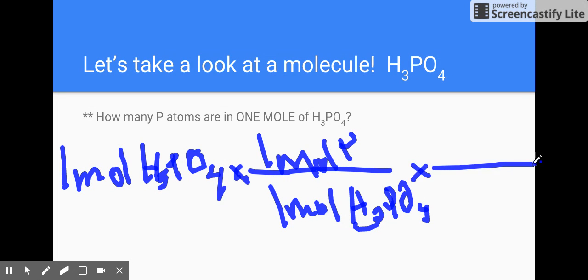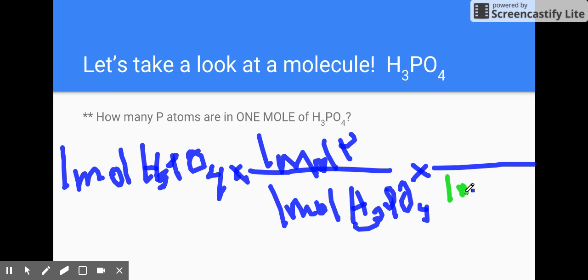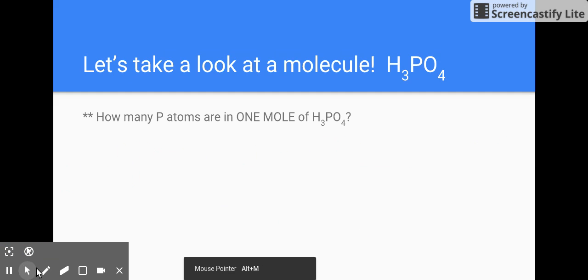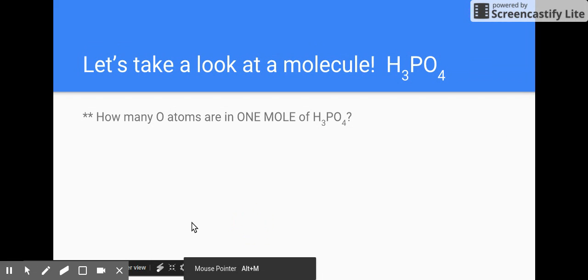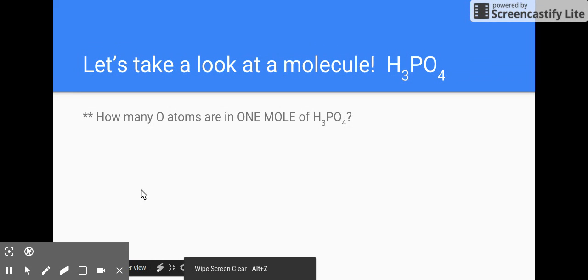And in 1 mole of phosphorus, how many phosphorus atoms do I have? I have 6.02 times 10 to the 23rd. So in this case, I have 6.02 times 10 to the 23rd phosphorus atoms. How many oxygen atoms would I have? Hopefully you said